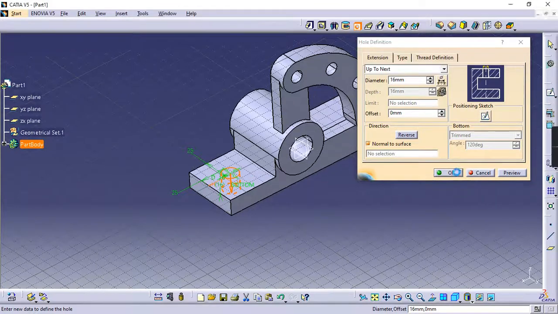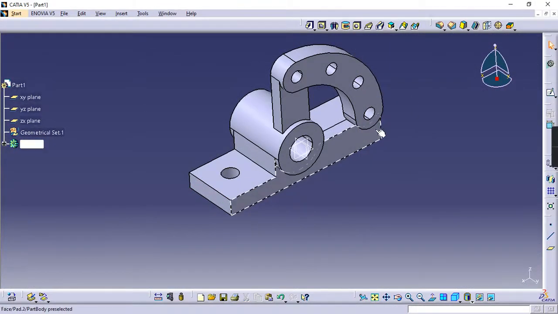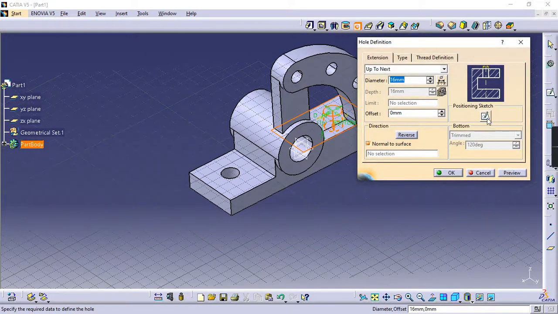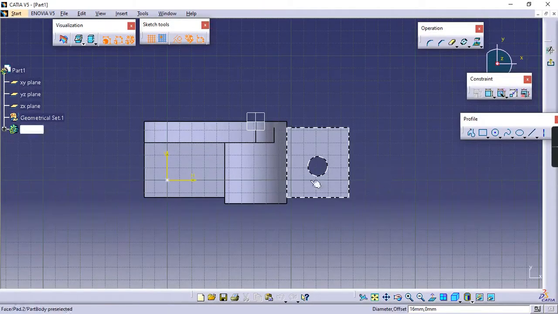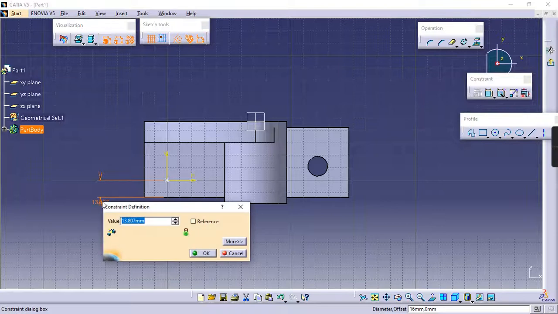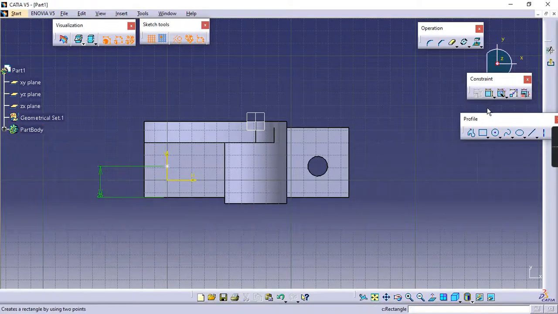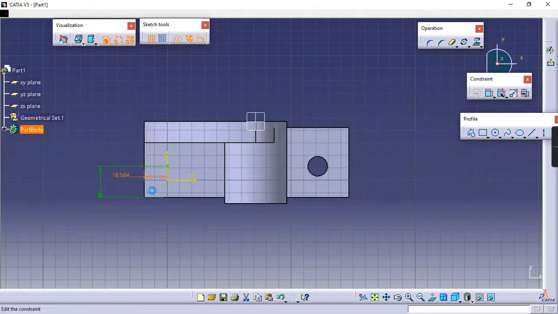It's not blind. Okay. Again take a hole, select a face, position it, constraint from here to here, it's 25, constraint from here to here, it is 25.